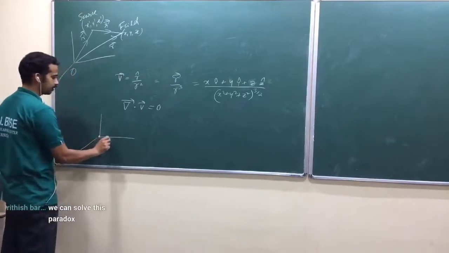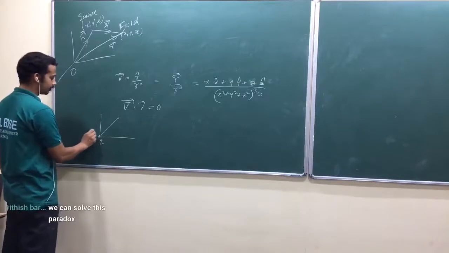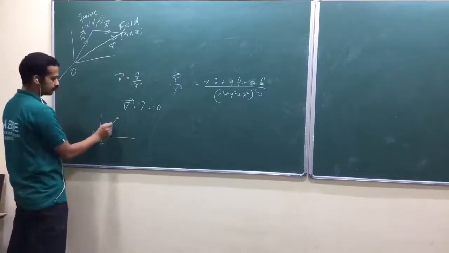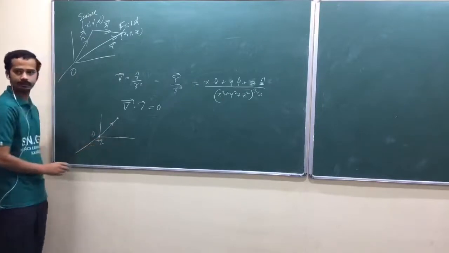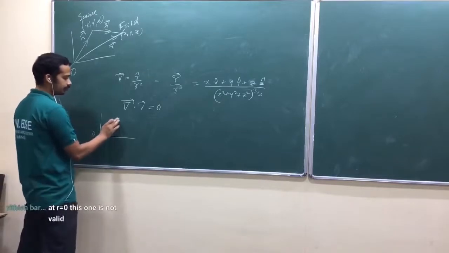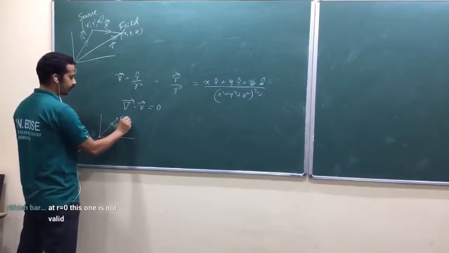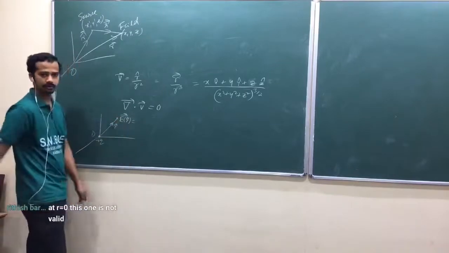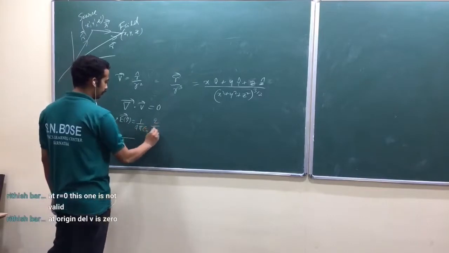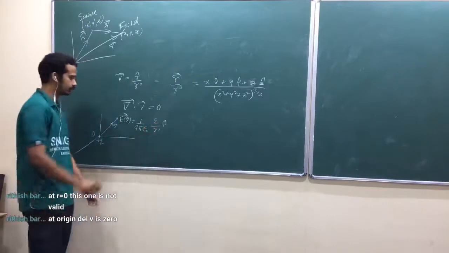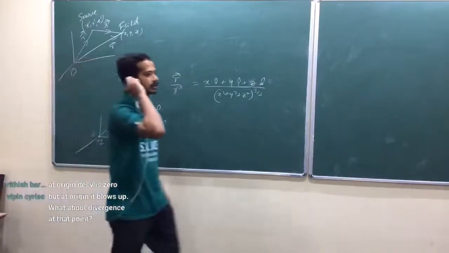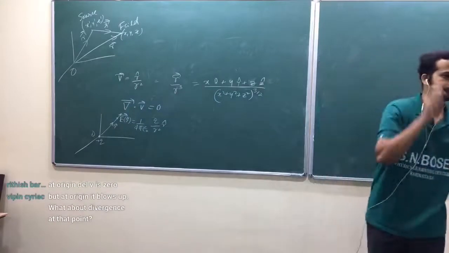If I put charge Q here, what is the electric field at this point? This is the origin. We are putting the plus Q charge at the origin. If you take this point, this is your radial vector R, and this is your field point, where you are going to find the field. E of R is equal to, let me just discuss, now onwards just take it as it is, 1 by 4 pi epsilon naught Q by R square into R cap, along this direction, R cap direction. There is an electric field due to a point charge placed at the origin, isn't it?